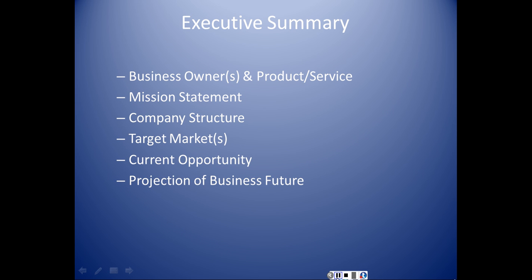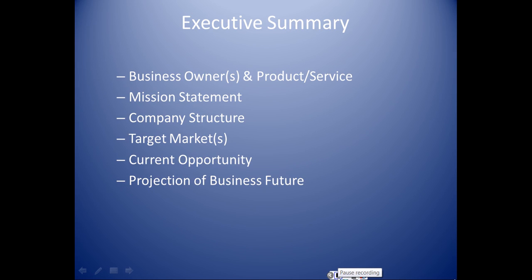Another disadvantage is there's bound to be some disagreement between partners. That's why it's important to have an agreement in place. Shared profits. Because partnerships are jointly owned, each partner must share the success and profits, but at the same time, if there are issues and there is no income, then they must share the losses as well. So those are important elements to remember in forming a company structure.